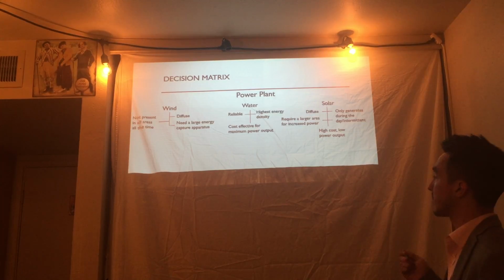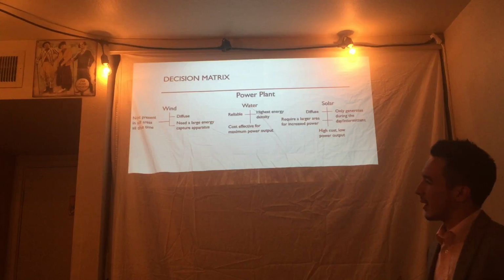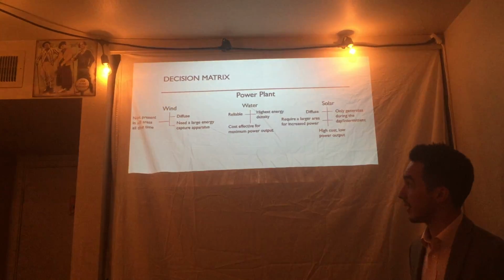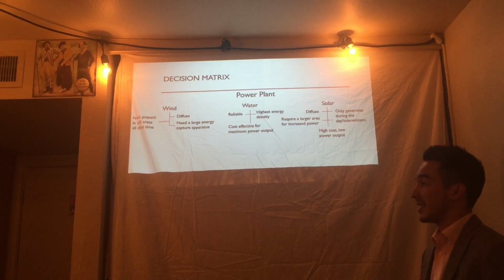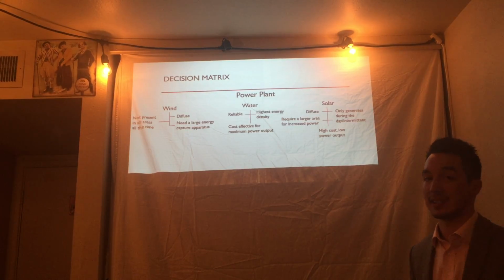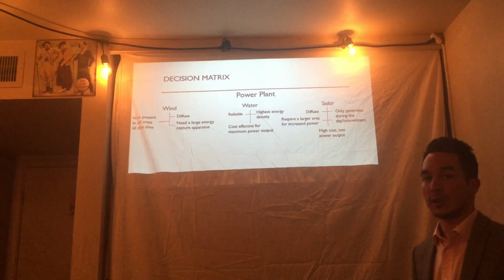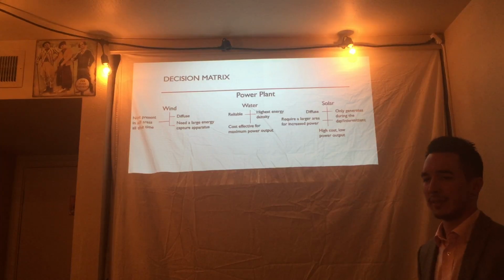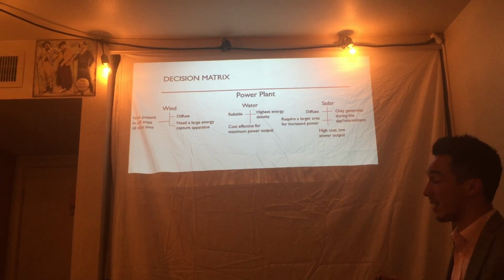They're very natural sources of power, which appeals to a lot of people. However, it kind of goes downhill from there, unfortunately. They're both very diffuse sources of power. The apparatus used to collect this power are very large, very expensive, unfortunately. As far as windmills and solar panels, very large. And even though the power cost is falling, it's really hard to compare that with the third option, which is